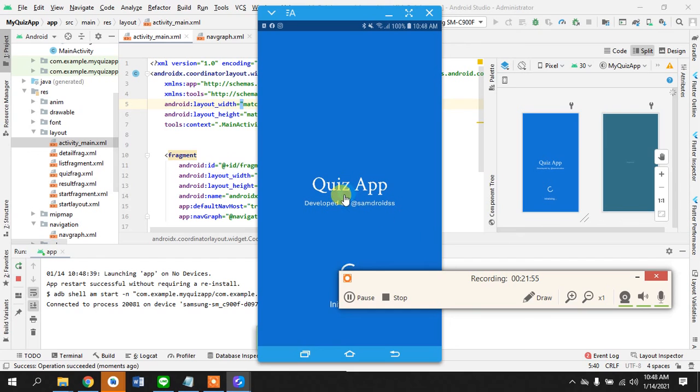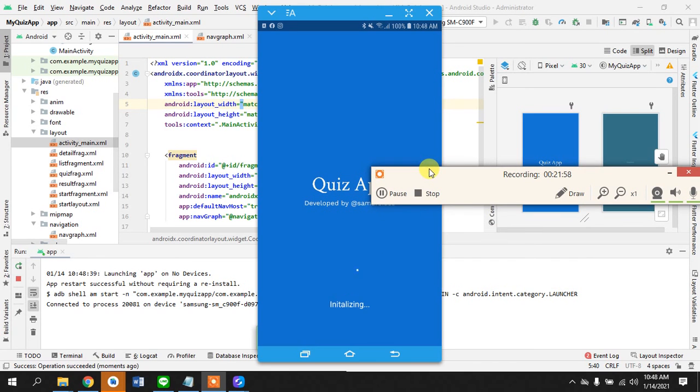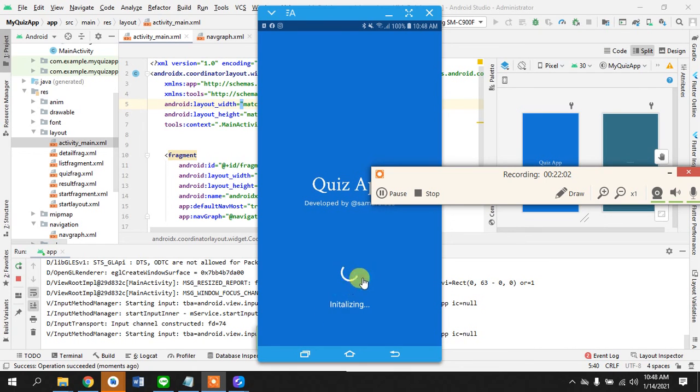So yeah, you see this, it is working well, and since user is not logged in, that is why it is showing us this. And in the next tutorial we will be taking it to the next screen. So if the user has logged in, then in the next tutorial we will be implementing Firebase